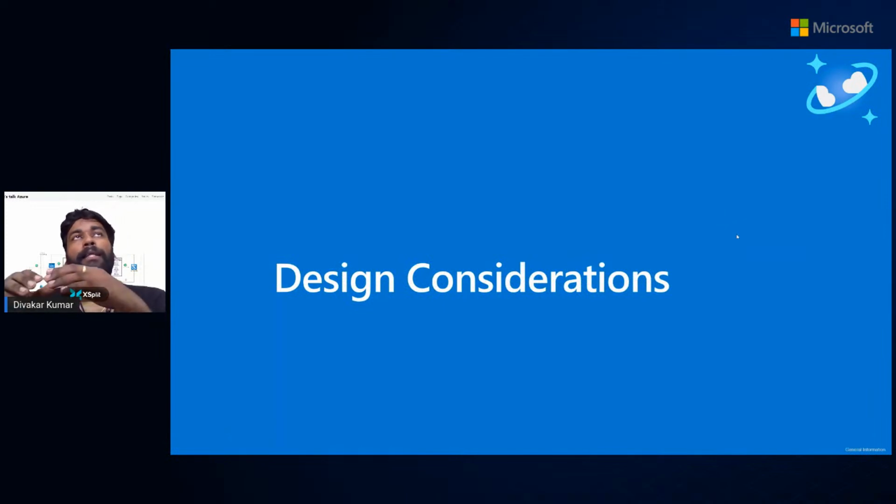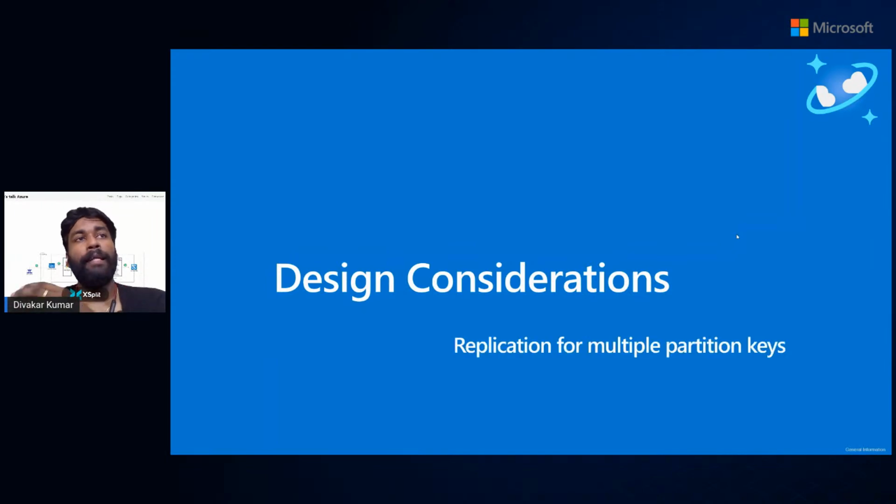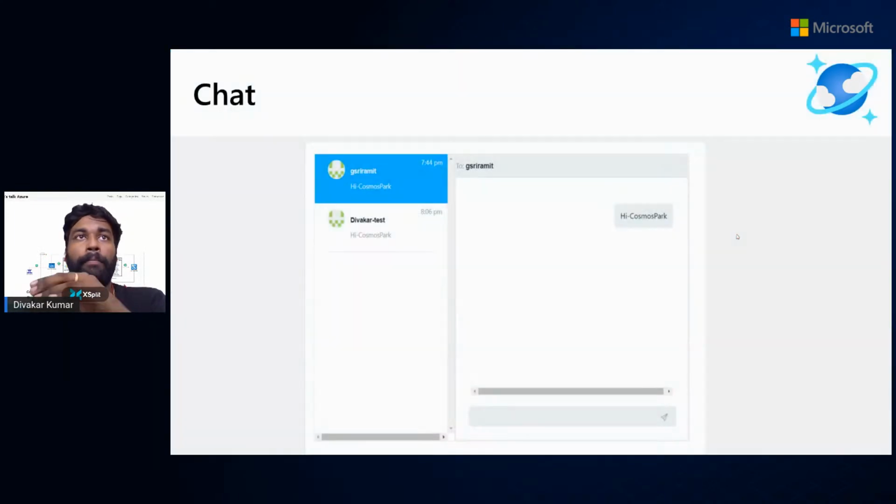So now let's consider some of the design considerations that I took when I was building the Cosmic Chat application. One of the main things I considered is replicating for multiple partition keys. What I mean by that is,